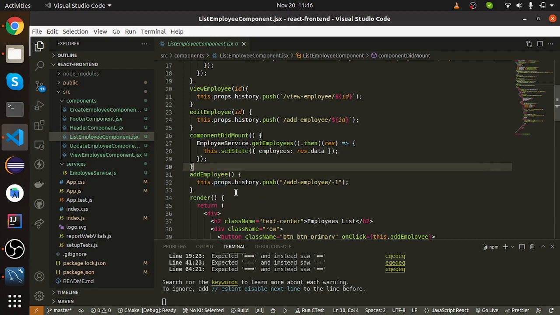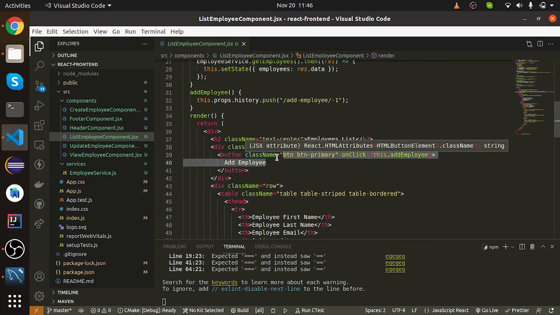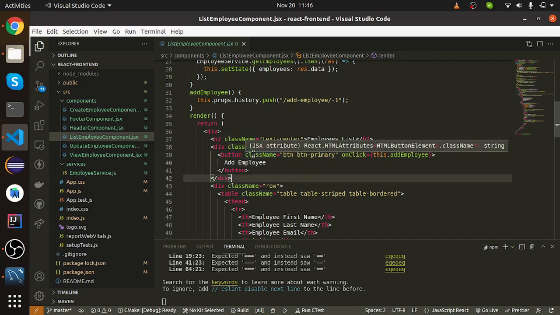And if we have to add some employees and we click on add employee, it manipulates the history and URL, using -1 and so on. So we have used btn. Basically this is a class. In React we don't use class as we do in Java; we use className, and we are using btn btn-primary.